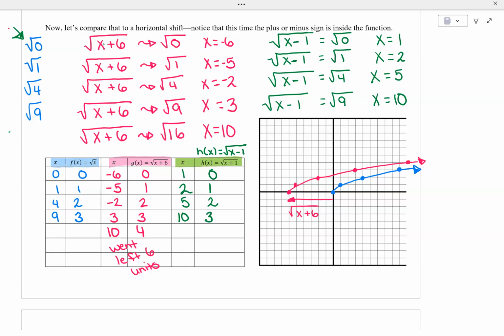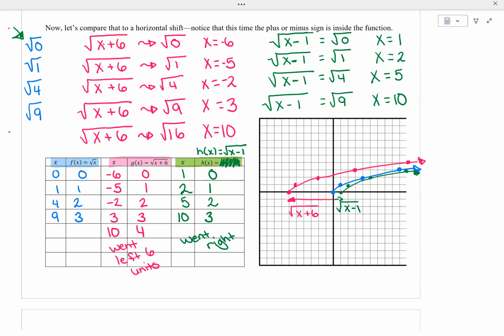Okay, so here we go. We got 1, 0, 2, 1. Ooh, these are a little close right here. 1, 2, 3, 4, 5 right here. And then we're going to be at 10 way out here. So these were a little close. Sorry about that. Okay, but notice what happens when I graph x minus 1. We went to the right. So we went